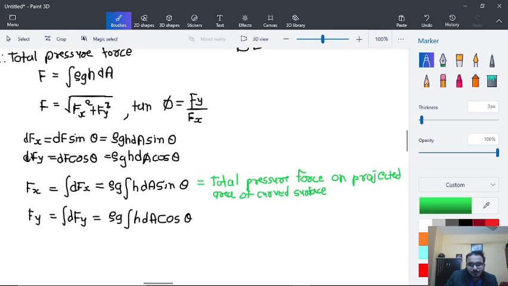And here, let's say, this will be the weight of liquid supported by curved surface,